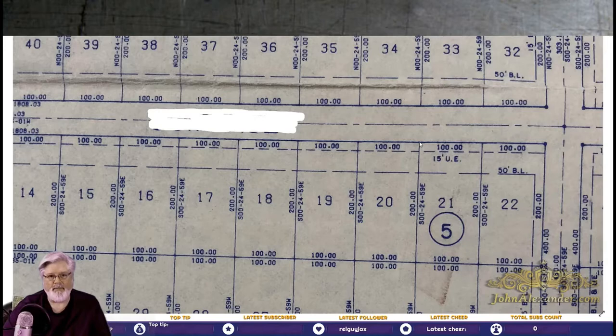But if you want it, before you build anything, before you put a fence line up, you want to order a survey. Don't order a survey until you get to the point probably of wanting to build, because then somebody will take your stakes down and you'll lose your line and you're out the money. So I kind of caution people, if you're not planning on building here for 10 or 15 years,